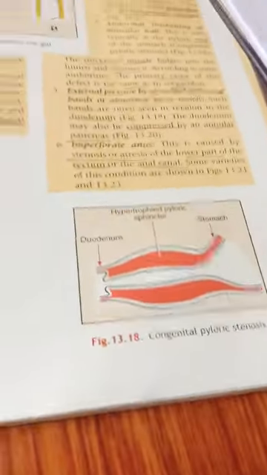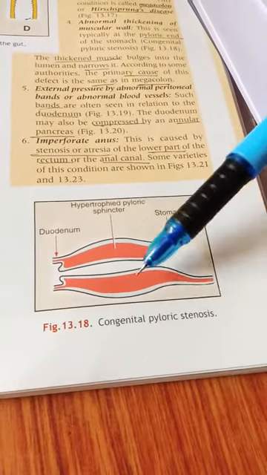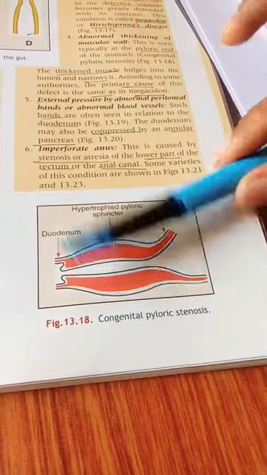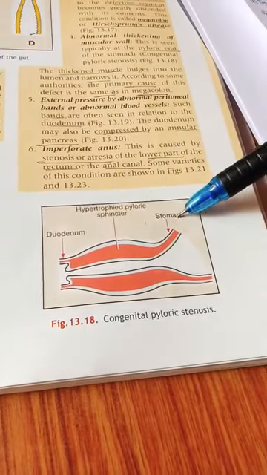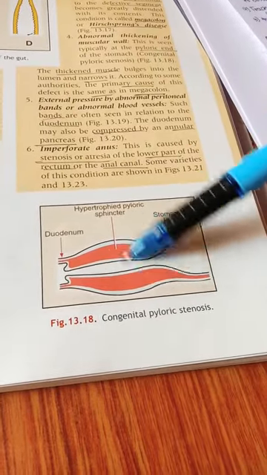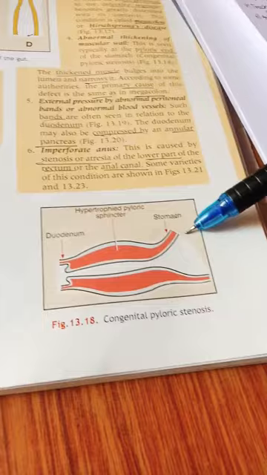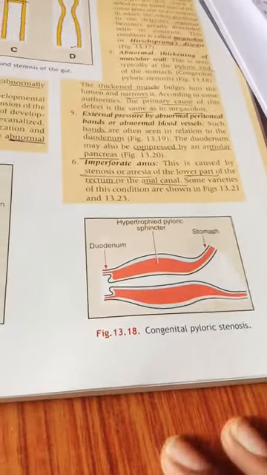And you can see this is congenital pyloric stenosis in our stomach. As we said, at the pyloric end there may be pyloric stenosis, that is the lower part only will be very narrow, so that it will not allow the contents. So this is duodenum, this is hypertrophic pyloric stenosis from the stomach. So we know from the stomach it should pass into the duodenum, but if there is constriction, the stomach may also get dilated because of this. And also hypertrophic pyloric sphincter is present in congenital pyloric stenosis.